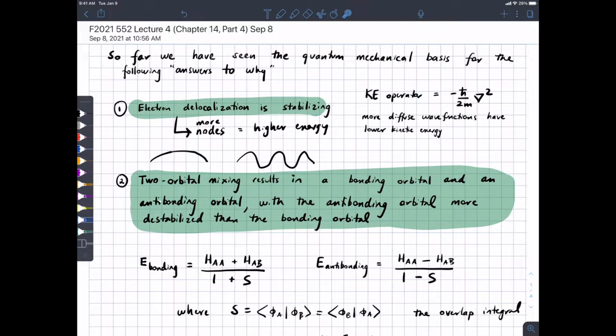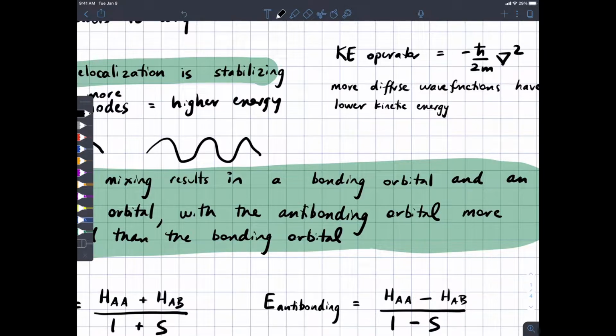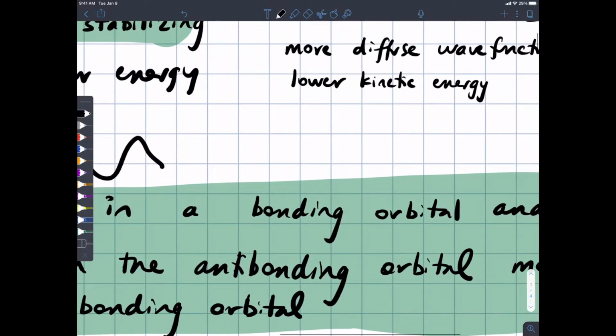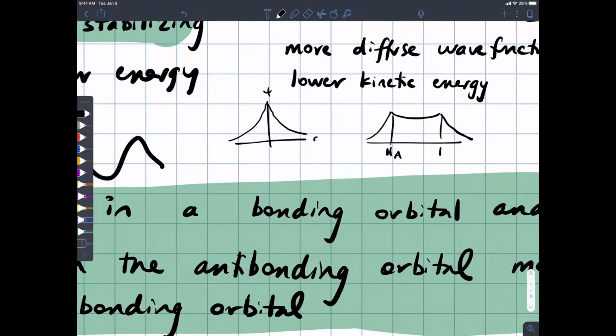And indeed, this is one of the things that makes a bond so stable. If you consider, say, if we were to graph the wave function for a 1s orbital, here's the wave function. I'm only graphing the real part, and then here's some distance. It would look something like that. But if we were to bring two 1s orbitals together in hydrogen, we would get a wave function that looks something like this. And notice that the wave function in between the two nuclei, this would be hydrogen A and this would be hydrogen B,